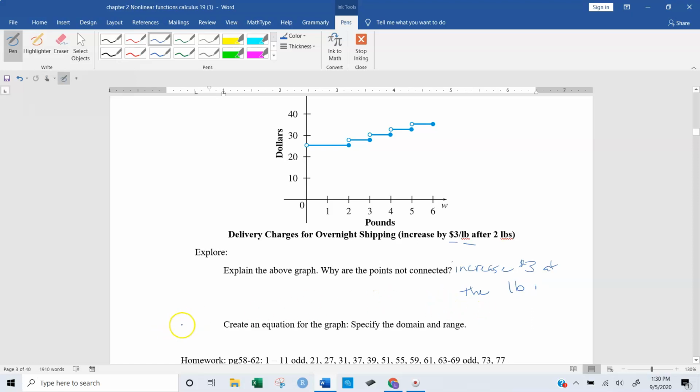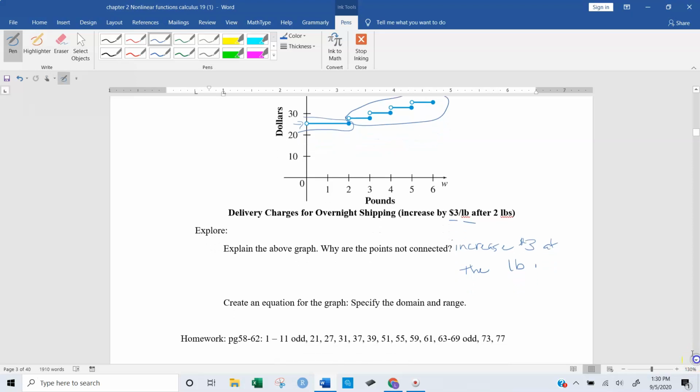All right, so now let's create an equation. When I look at this, I know I start at 25, but this guy is really weird because this one right here is longer than all of these. Because of that, I truly have a piecewise function. And the first step is,